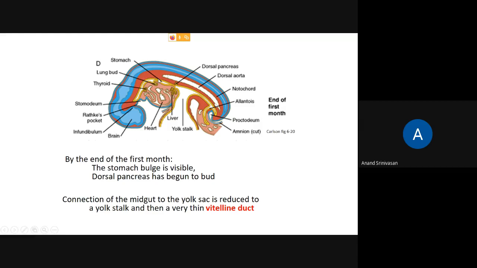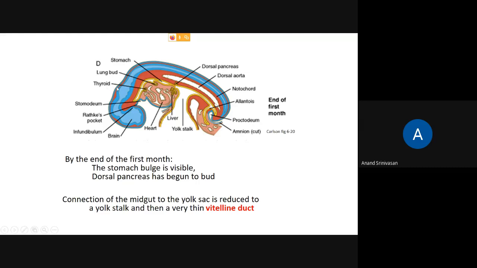you will be able to see this is the foregut. Consider this is the ectoderm, blue in color, and this is the mesoderm. We are going to concentrate only on this part, the endoderm, which is divided into foregut, midgut, and hindgut. Now here you can see the foregut, and in the foregut you can see